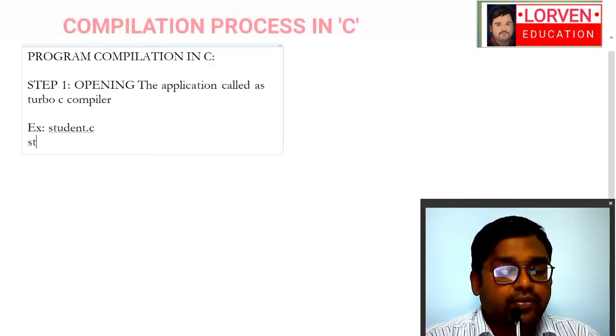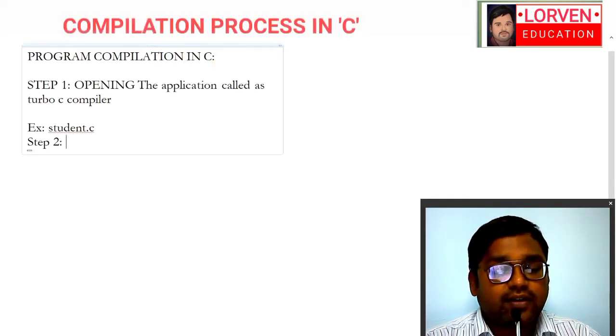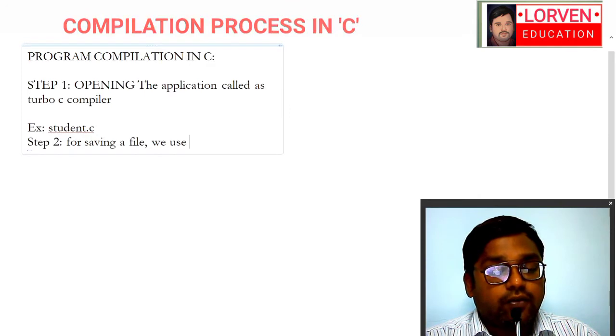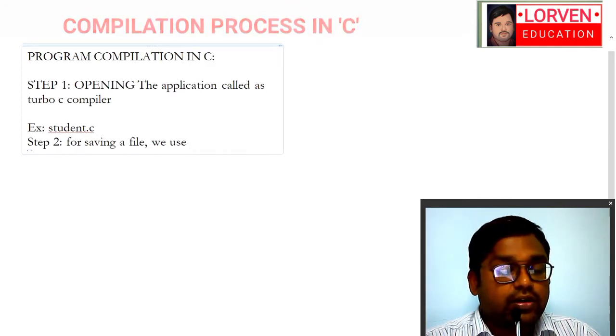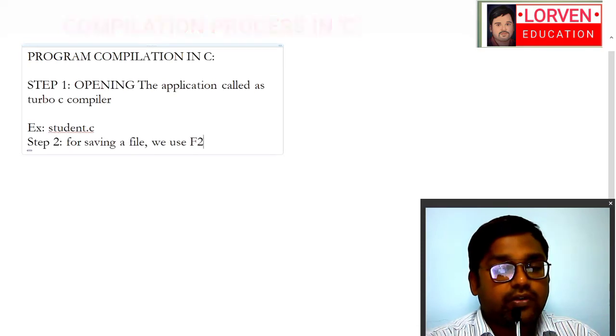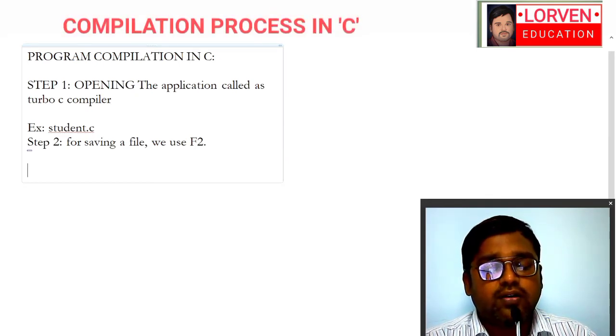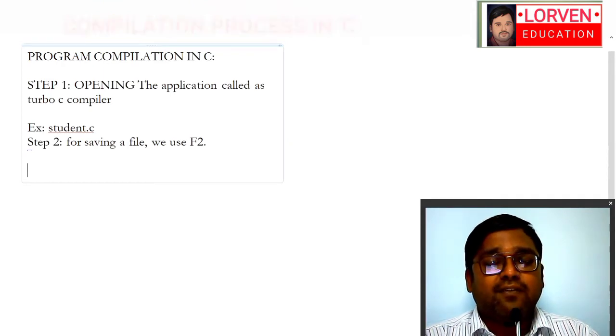So this is step number 2. Step number 2 is for saving a file. For saving a file we use F2, the functional key F2. This is the second step to be written. Once you start writing the code, you have to understand the program structure we discussed in the earlier class, and try to write according to that program structure, and irrespective of the size of the code, the compiler will be checking the